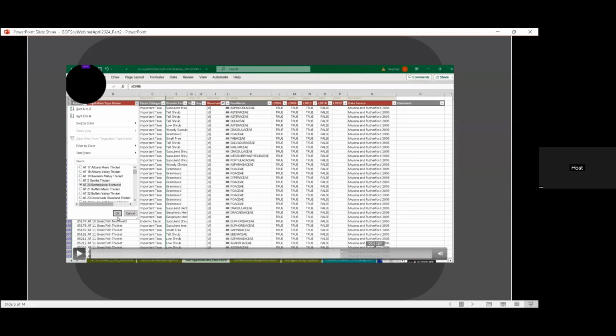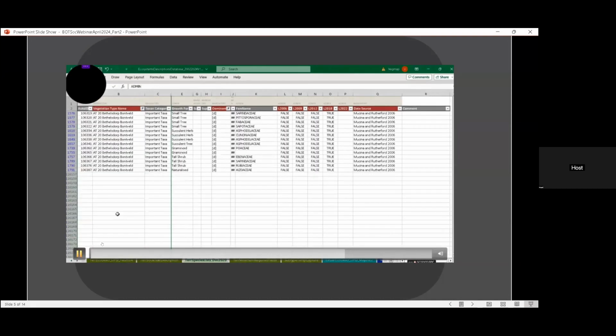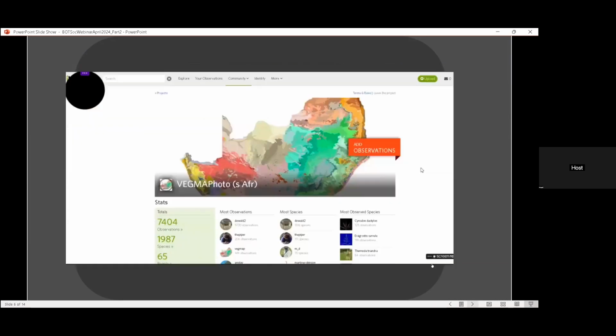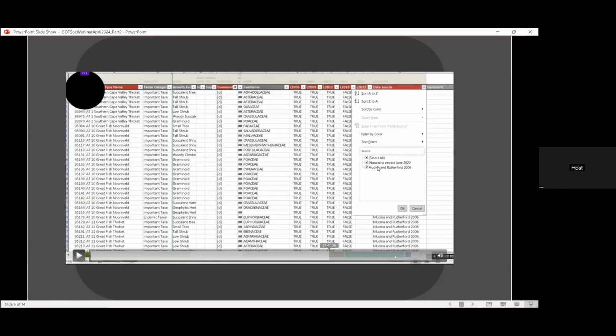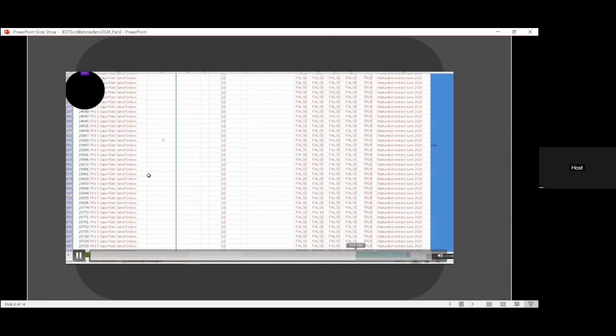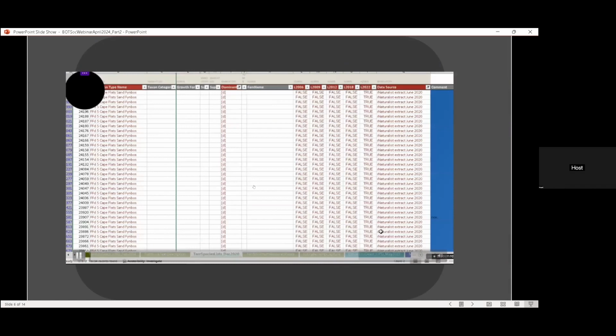But basically what I was saying is that when we download the data, we're able to populate more of the species that you have recorded on iNaturalist. We download the data and get an Excel spreadsheet, and then it allows us to link the information from that spreadsheet to the database,